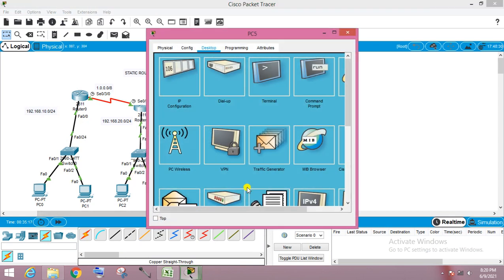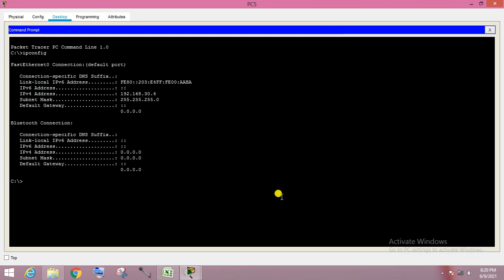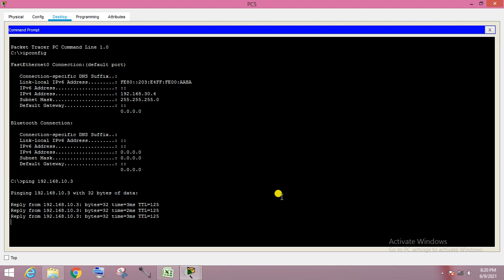You can check it from here also. Go here and just enter the same command, ping 192.168.30.3. It's pinging now. Okay.